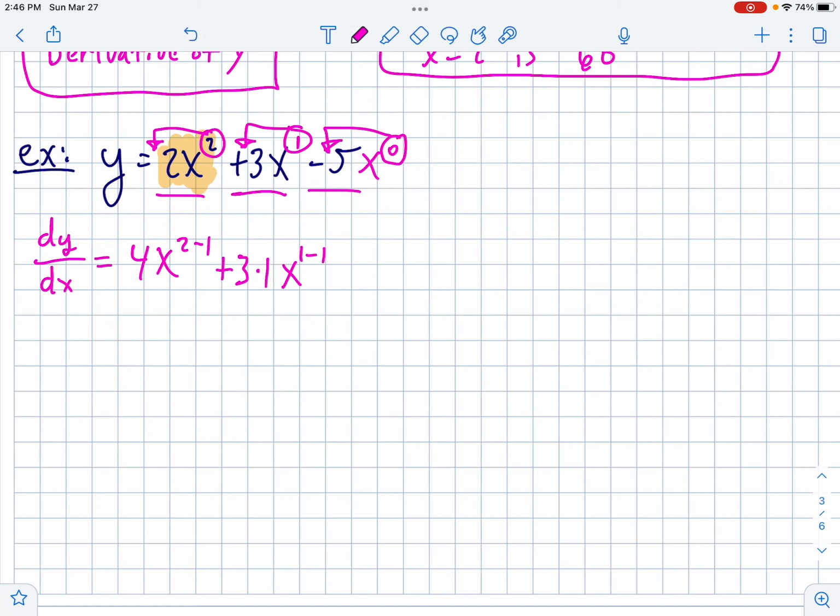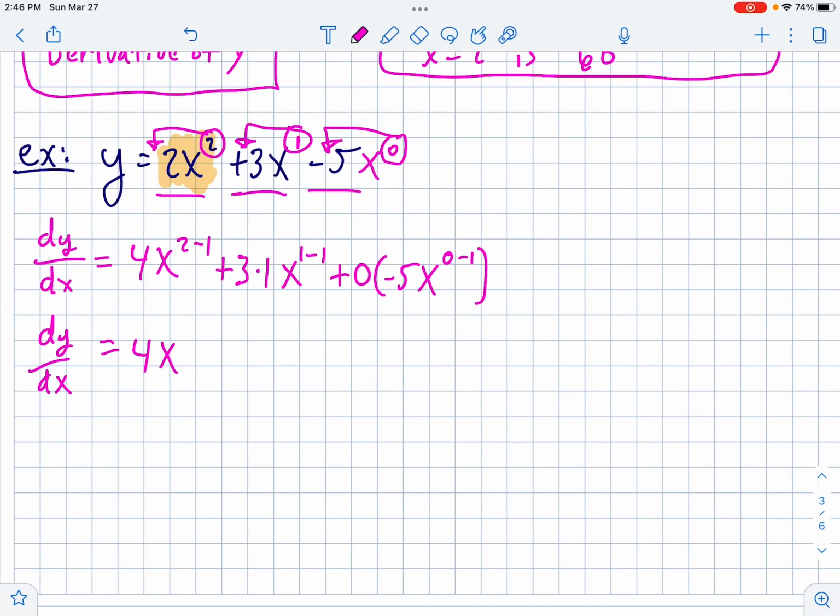But then this situation is interesting with pulling the 0 out in front, because you're going to get like plus 0 times negative 5 x to the 0 minus 1 or something like that. But it really doesn't matter what comes after the 0, because anytime a 0 multiplies with something, you just get 0. So when we simplify this,